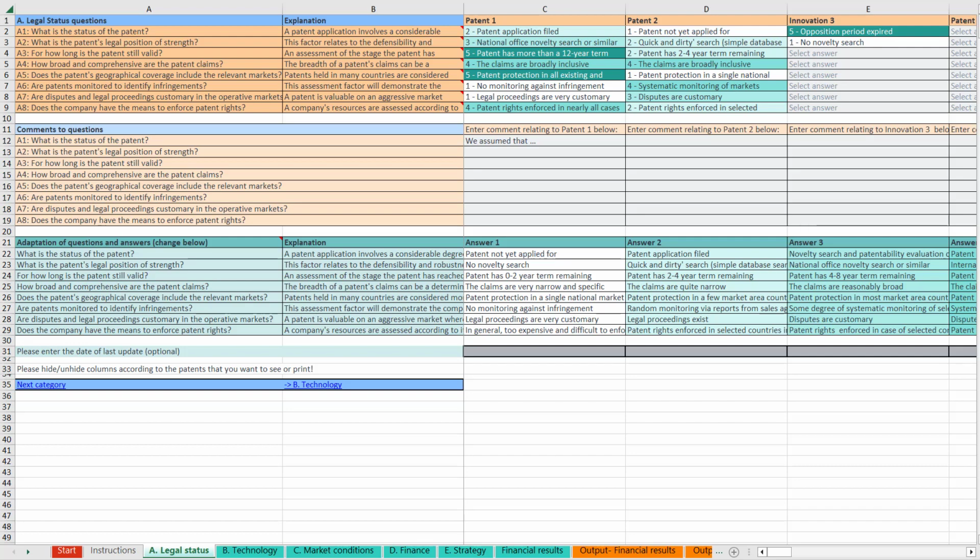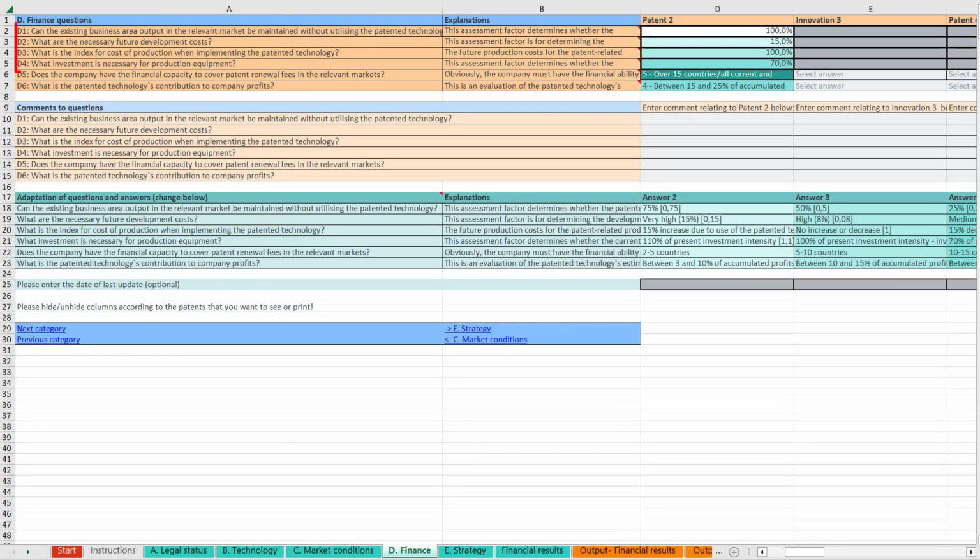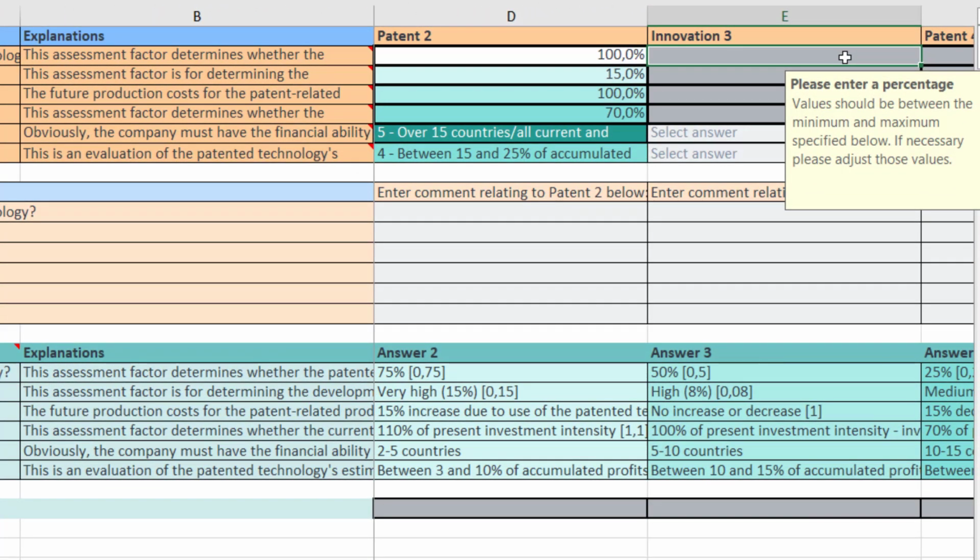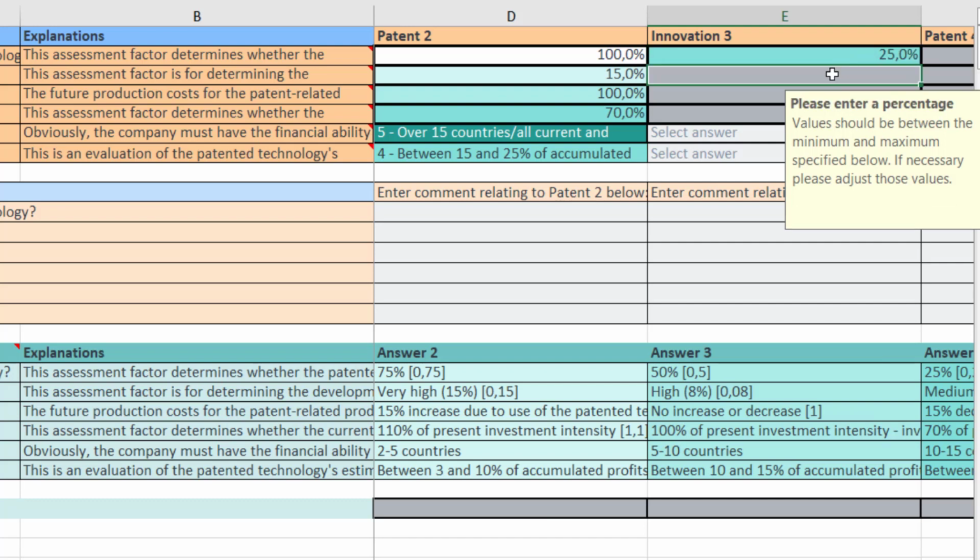Most questions are answered using the drop-down menu, but some in categories B, C, and D require a numerical entry. You are asked to enter specific values instead of selecting the closest from a predefined list, improving the precision of the evaluation. Questions D1 to D4 are examples of this type of questions. They are distinguishable by a dark gray background. To answer them, simply enter the desired numerical value. This will then be ranked on a rating scale according to its relative position within predefined limits. The cell will turn the color that matches this rating.